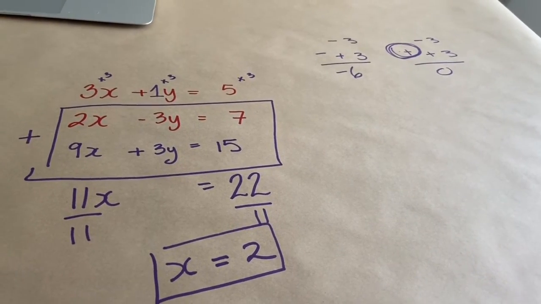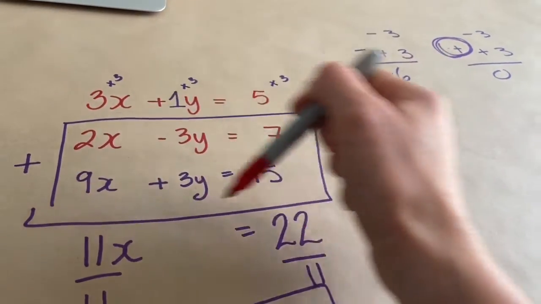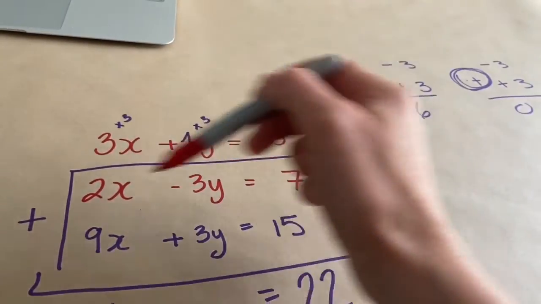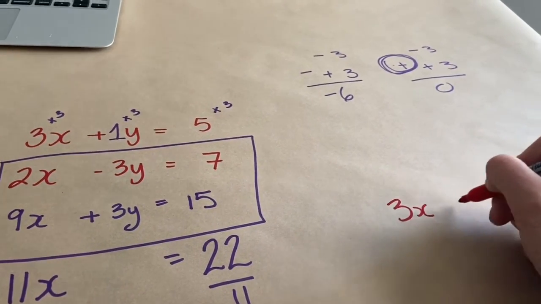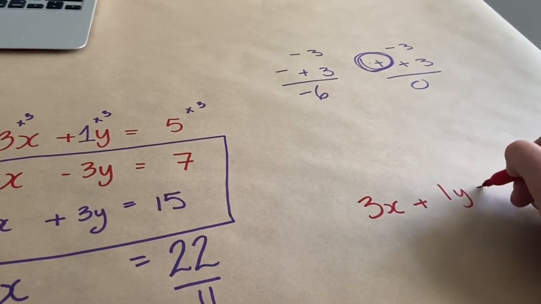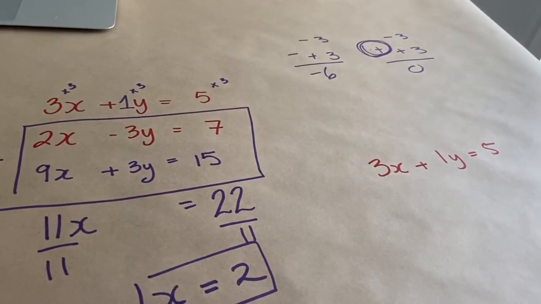So when you're trying to find y, you can pick either one of the original equations. Let's not use the purple one. Let's keep the two reds that we started off with. So I'm going to use the top one, the 3x plus 1y is equal to 5. And I know that x is equal to 2. So what I'm going to do